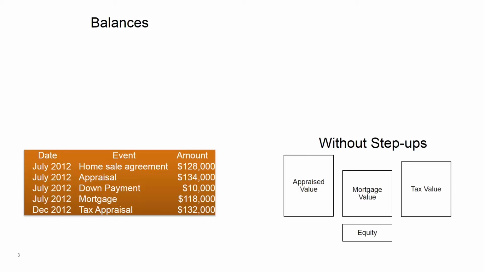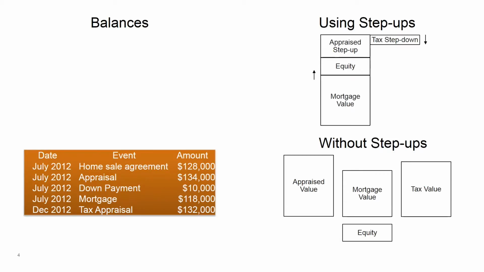If we were to record all of these transactions as individual transactions, they would create their own individual balances. And we think of each one of these things as independent when we don't use step-ups. The appraised value is independent from the mortgage value, is independent from the equity, is independent from the tax value. With the step-up concept, though, we find the relationship between these things and define that relationship in the way we store